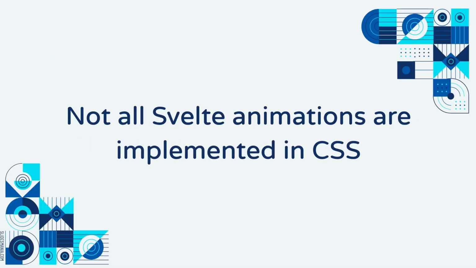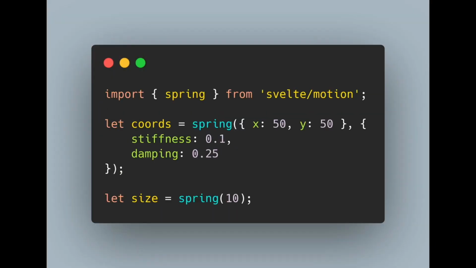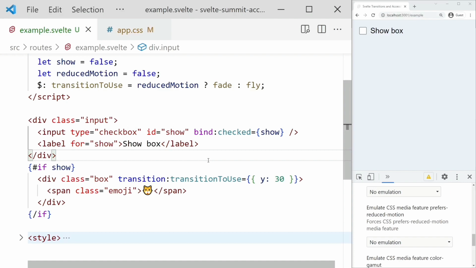Even if you do choose to globally disable animation like this, remember that some Svelte animations are applied purely through JavaScript, not CSS. Custom JavaScript transitions and animation using the Spring or Tween stores won't be affected by a CSS-only solution, so it's worthwhile to consider other methods as well. Now, let's look at how we can detect reduced motion in JavaScript and change the transition we use accordingly.